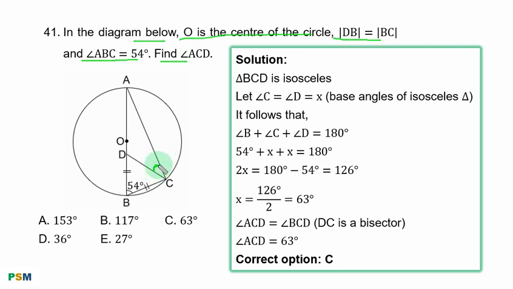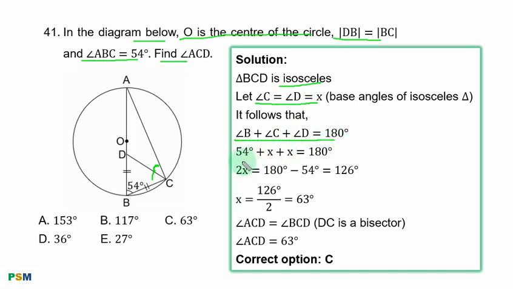To get this angle, angle BCD is needed, which can be obtained by considering triangle BCD. In that triangle, the base angles are equal because it is an isosceles triangle. So let the two equal base angles be equal to S, so that in triangle BCD, if you add the three angles, the sum is equal to